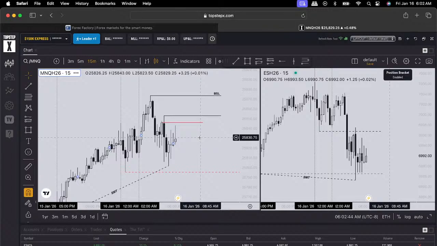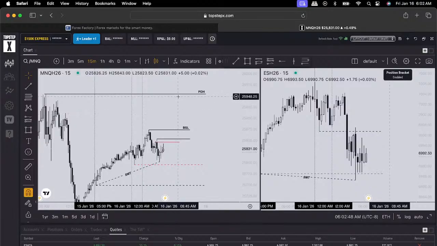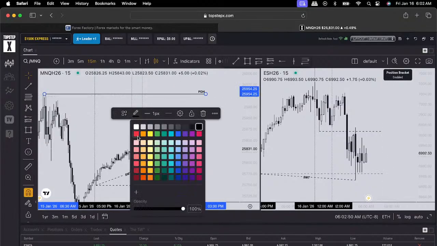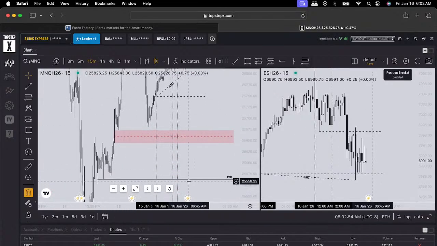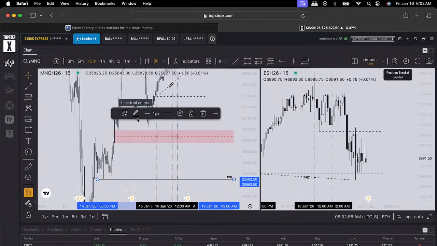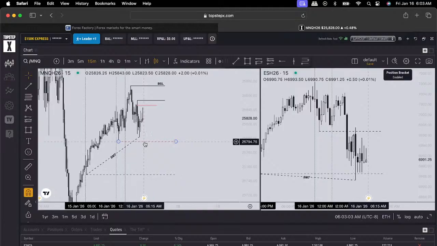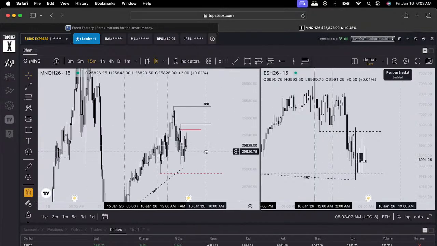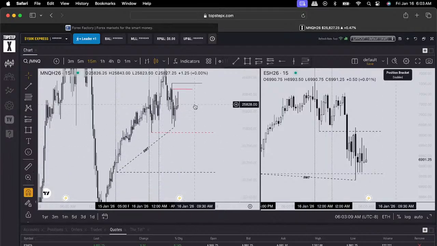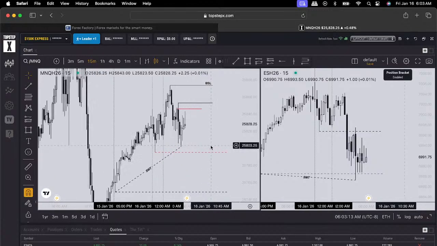So that's what I'm looking for. And these are daily swings, so I'm marking them out, when they're higher time frame, like 4 hour to daily, 7 hour, I like marking them out red. And then on my lower time frames, I like marking out my small levels red too, just because it helps with everything. And then the black ones are just for confluences, targets, and all of that jazz.